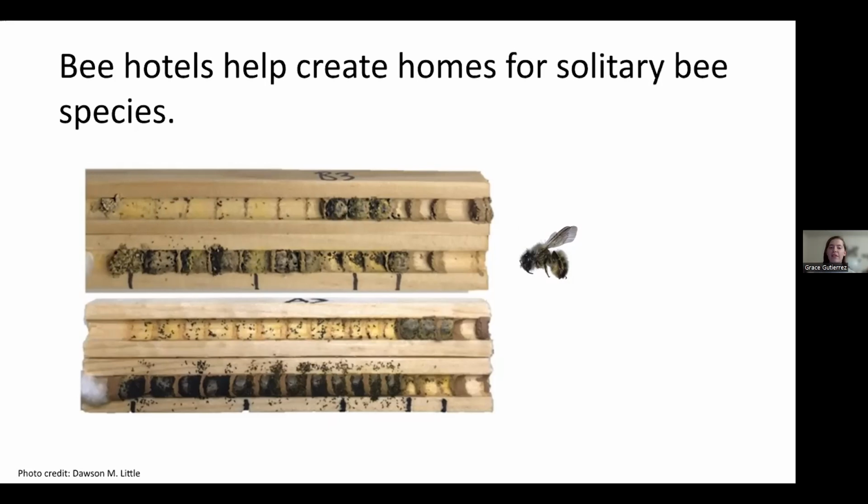A female bee will lay eggs and have children, and some solitary bees are cavity nesting. That's most of the bees that we'll be talking about today. They make their homes in cavities, and other solitary bees are ground nesting, so they make their homes in the ground. In the case of the cavity nesting bee, the female will lay her eggs back to front in these cavities, creating little partitions in between each